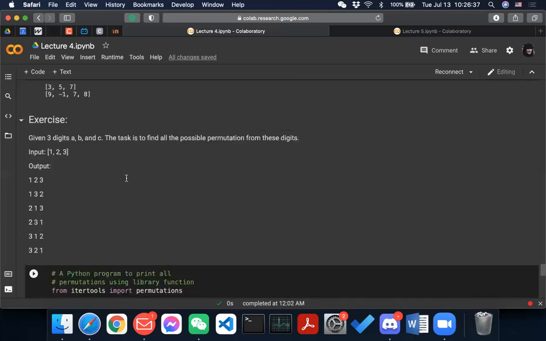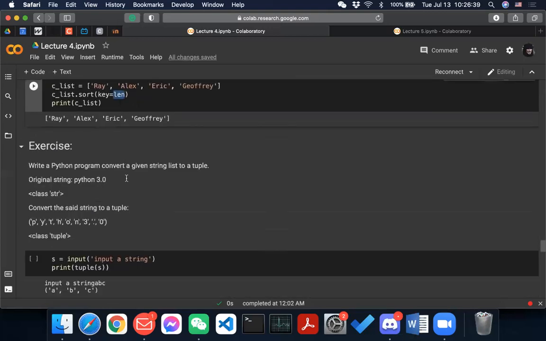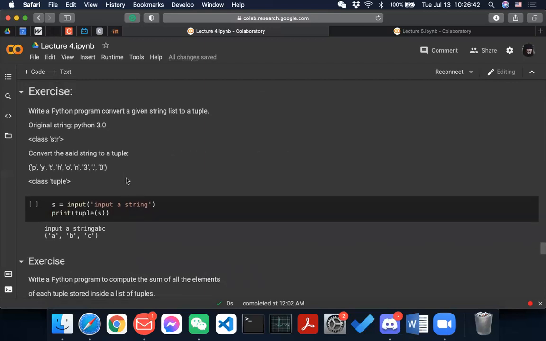There is a library to do permutations. I did not mention it. I hope that you guys can research on your own and actually find the answers by yourself. All right. So yeah, without further ado, let's get into it, and I will tell you my solution. And if you want to share your solution, feel free to do so in the chat.